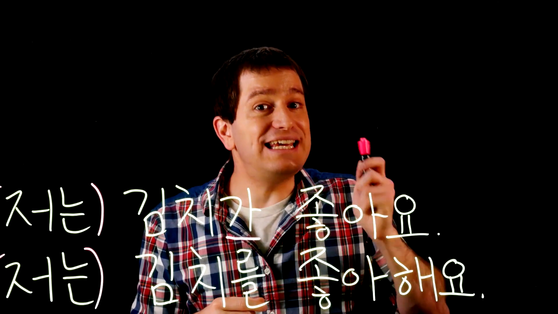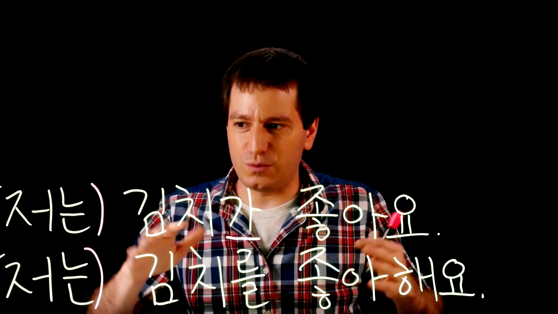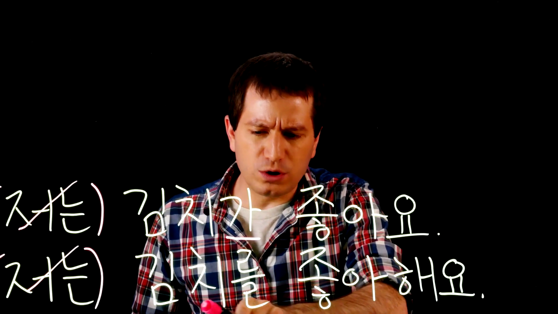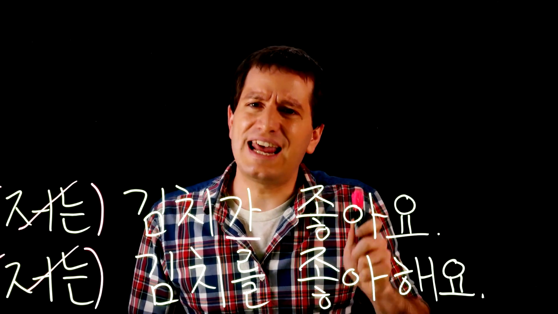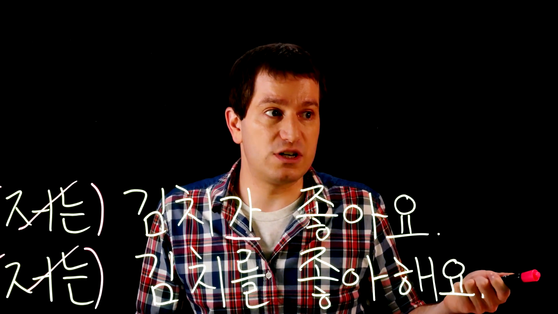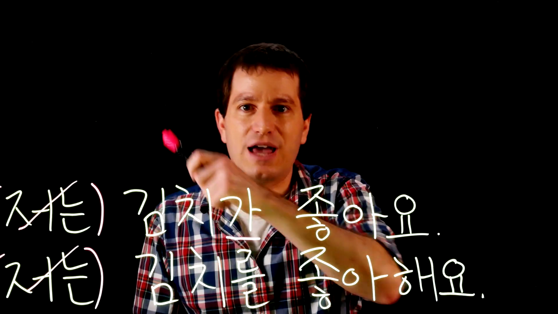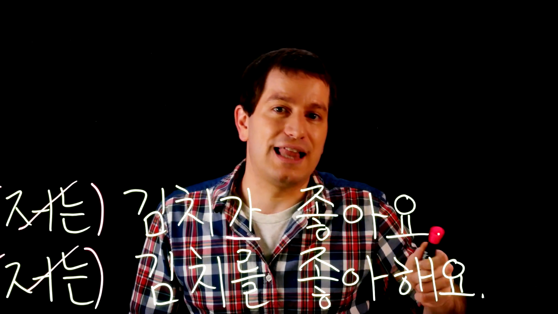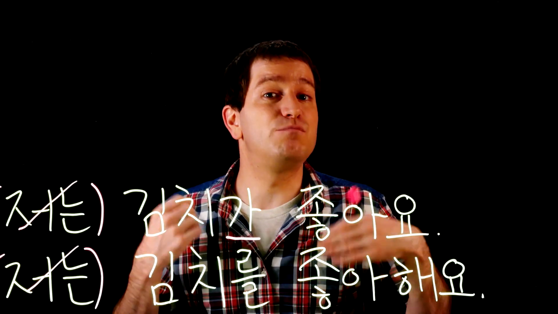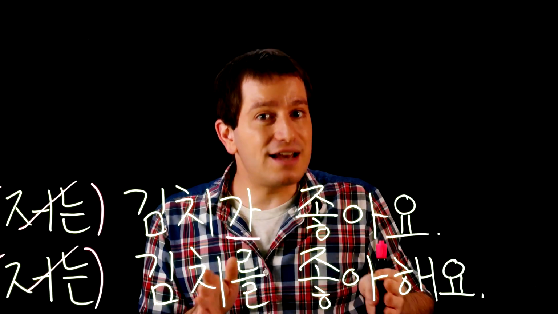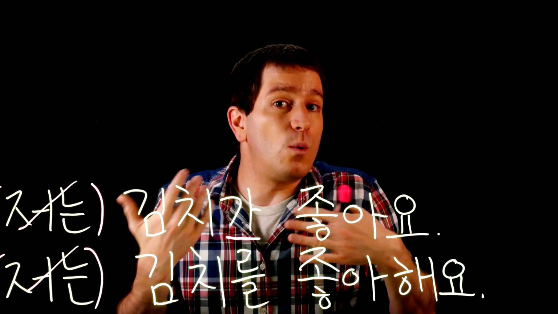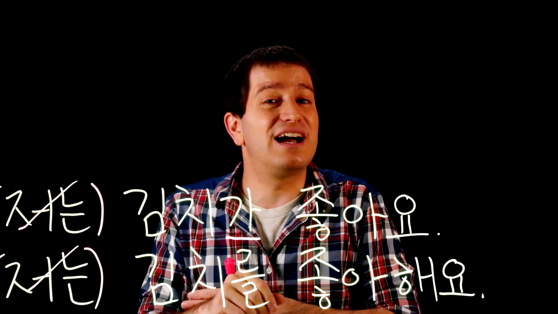However, without any other context, let's just say we see these sentences without 저는, so there's no 저는 in either. This one only means I like kimchi. This one though can have both meanings. It can just mean kimchi is good. Maybe someone is just saying, oh yeah, kimchi is good. Or it can also mean I like kimchi, or whoever's talking likes kimchi. And without any other context, it can have both meanings. So we need context in order to translate this as I like. Otherwise, it doesn't always mean I like something, depending on how it's used.